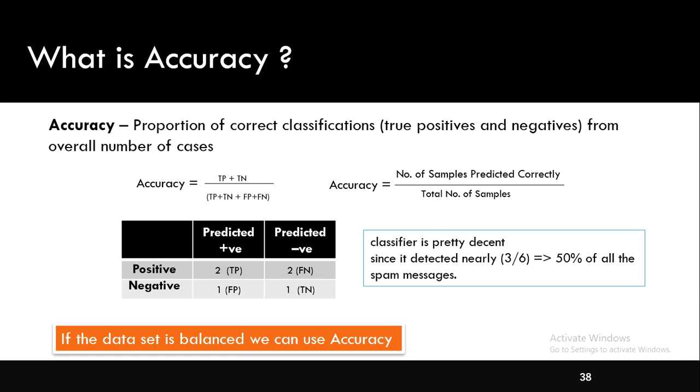In this case, the data set is balanced. If the data set is balanced, we can use accuracy. If you care equally about true positives and true negatives, then the accuracy metric is the one you are supposed to use. A perfect model would have 0 false positives and 0 false negatives, but this is practically impossible in reality.